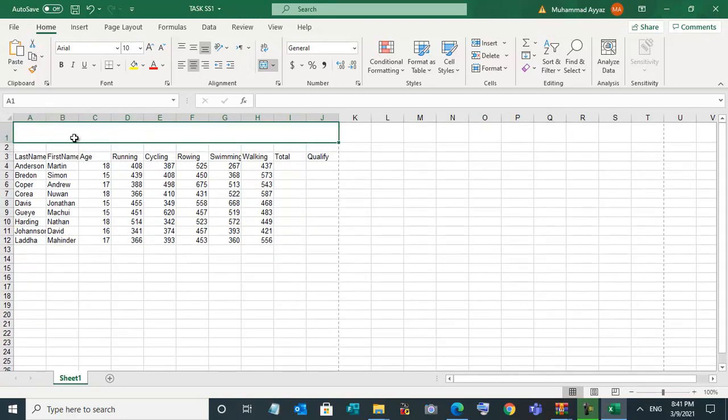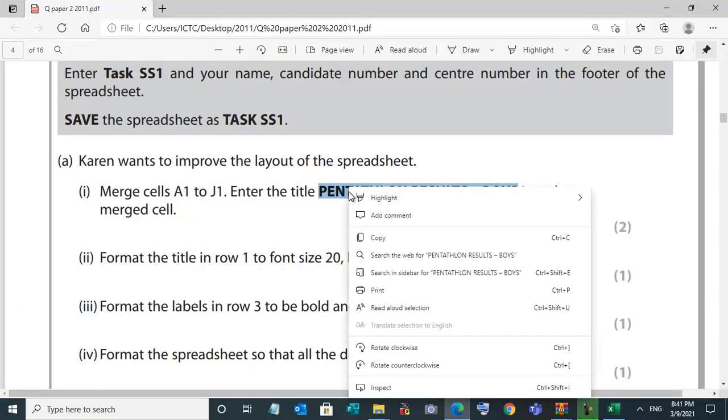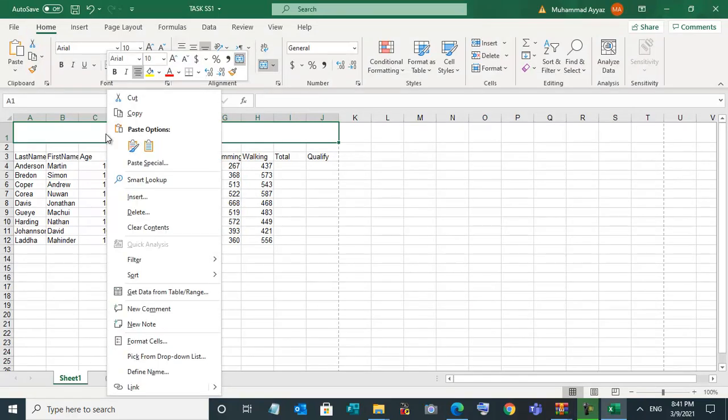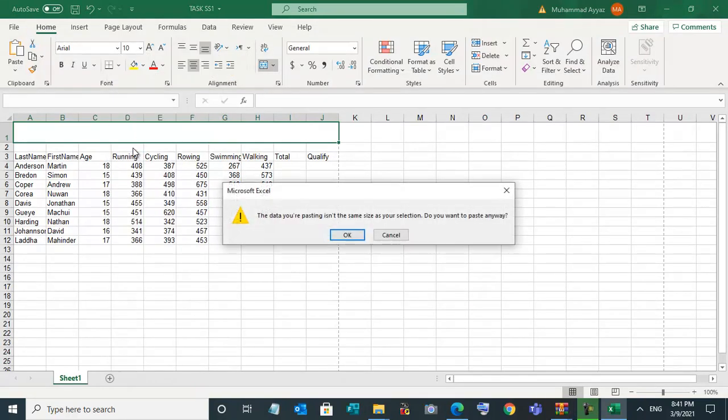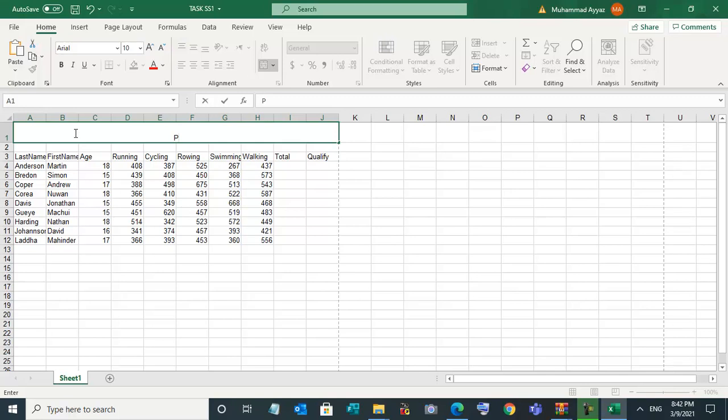Okay, so we'll check, increase the row height. Now we will check in the paper, right click and copy, and we will paste here. Data you are pasting is the same size as your selection, and do you want to paste anyway? Yes, it's not coming. So what you will do, you will type Pentathlon, you will check the spelling.